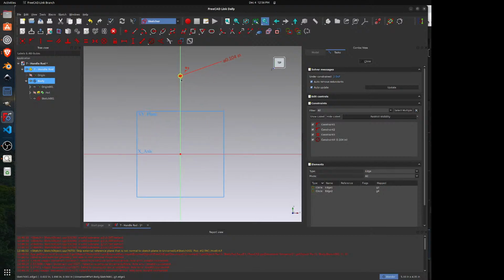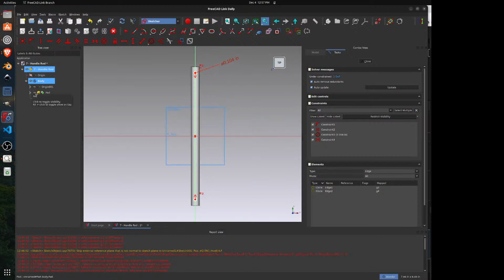So now we're just going to make these two symmetric. So I'll pick the center of the circle there. Hold down Control, pick the center of the circle there. Hold down Control and pick this axis and make them symmetric. Let's turn that pad back on. And now